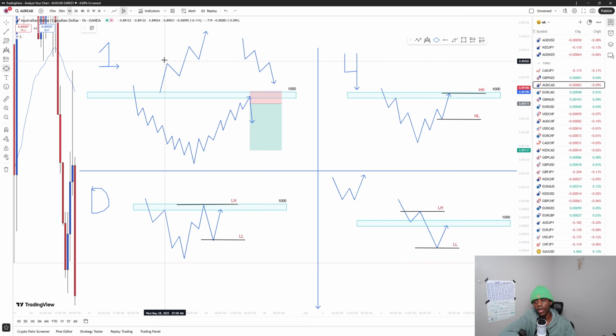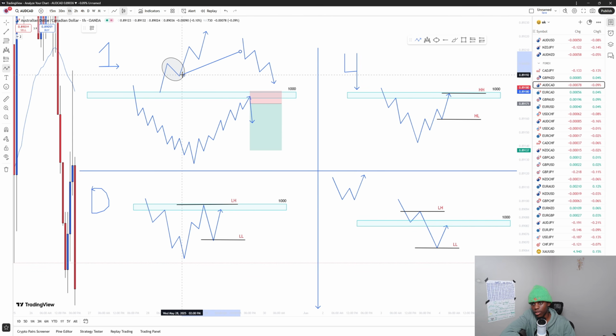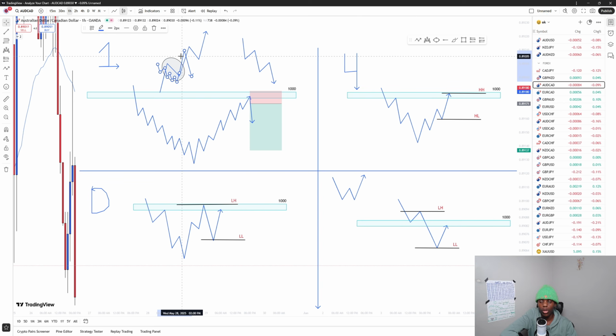In all these pullbacks, what I just explained, that's what happens in there. Let's pretend this is the 4-hour. These lines I drew represent the 4-hour price. In all these pullbacks on the 4-hour, if we go down to the lower time frames, we see that the 1 hour goes bearish to create the pullback, and when we shift bullish, that's when the 4-hour most of the time then goes up to create the new high. Happens in this pullback, happens in this pullback, happens at whatever other pullback is going to be created. And when we are bearish,